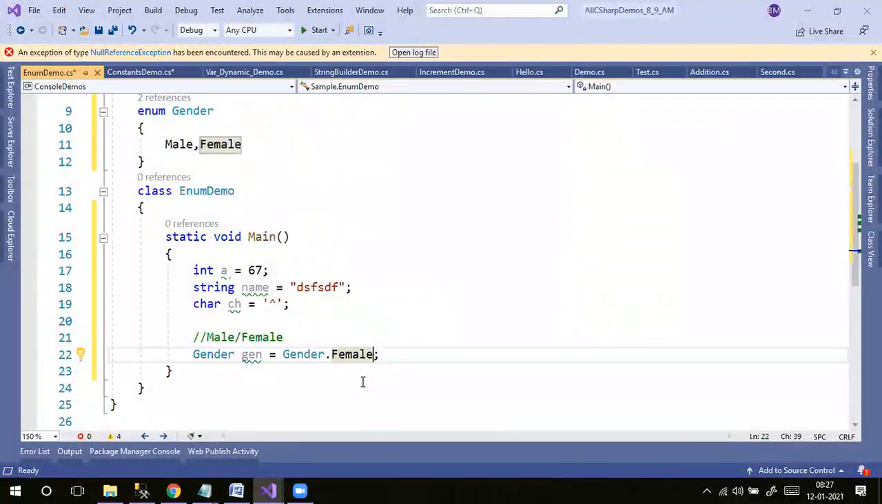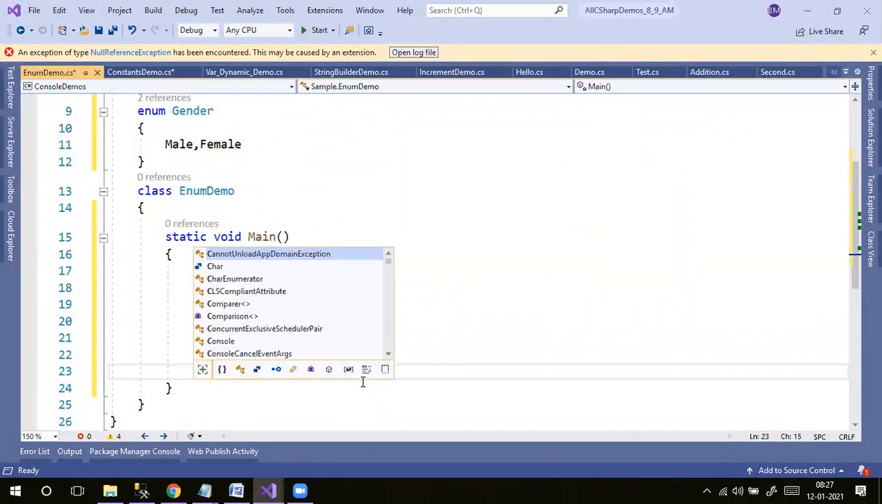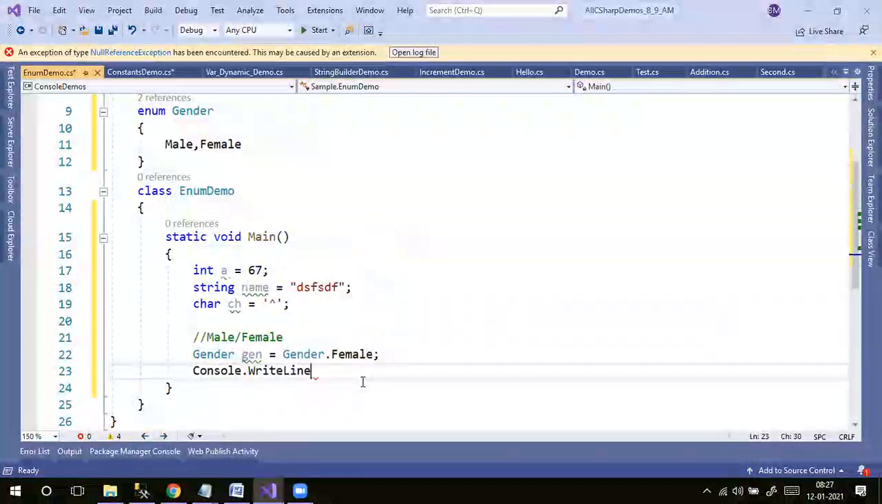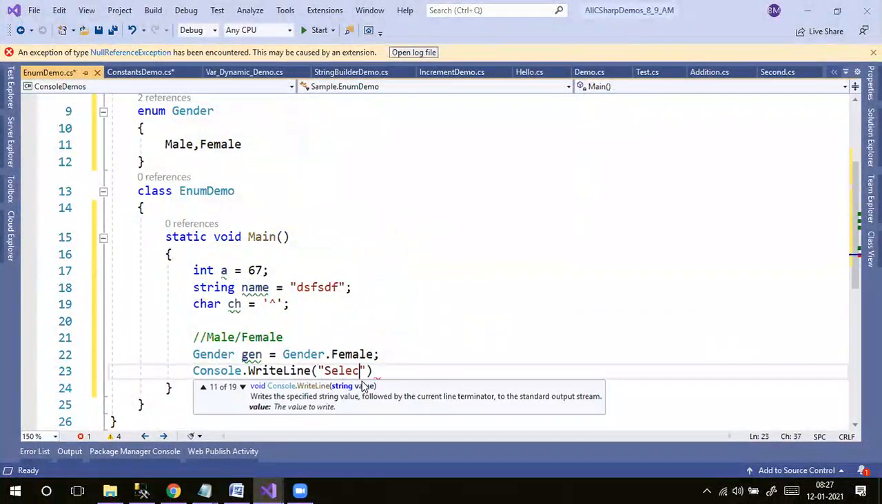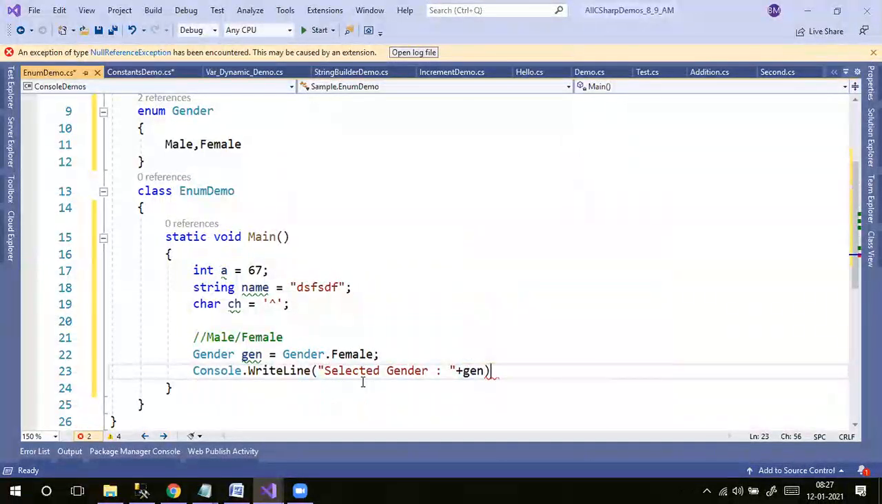Now if I want to print this value, Console.WriteLine selected gender plus gen. What is it going to print? If I want to execute this,